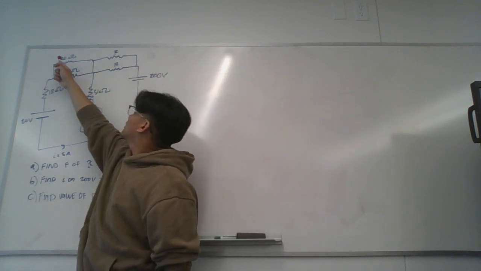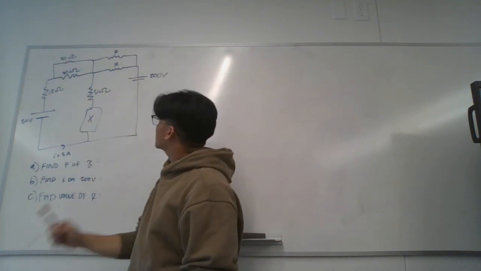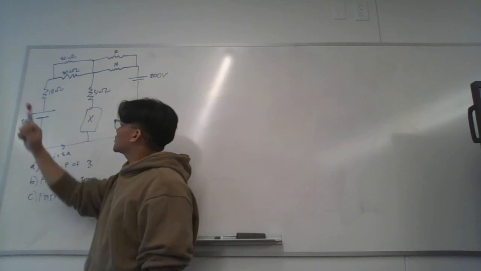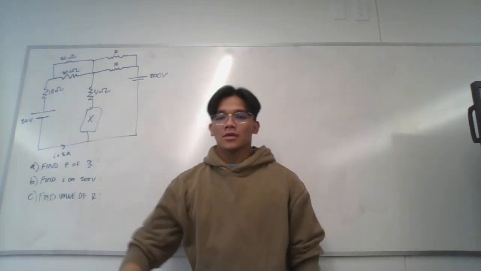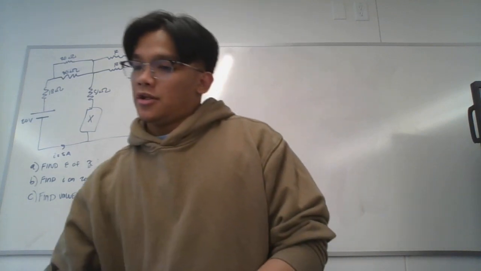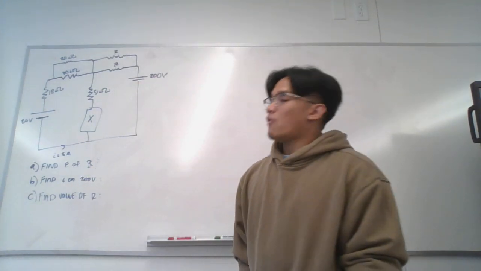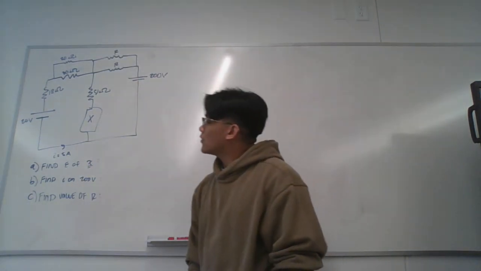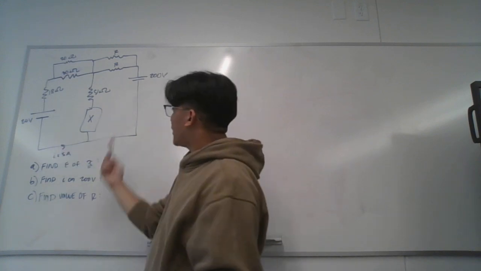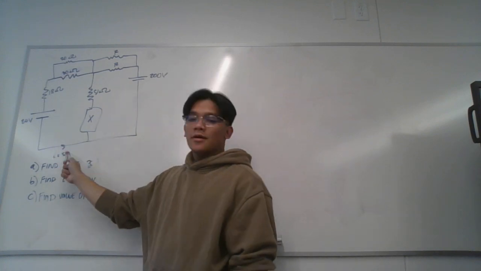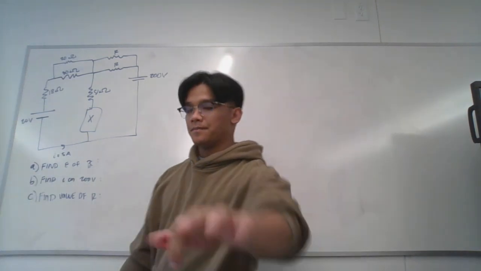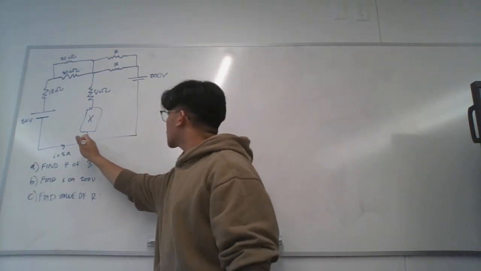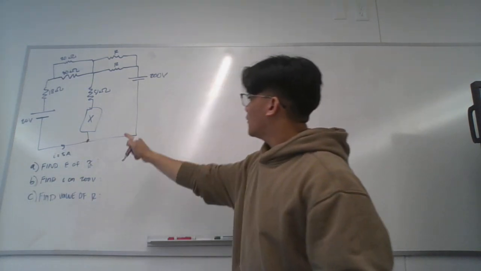Then we have a 20 ohm resistor, 30 ohm resistor, an 18 ohm resistor with this 20-volt battery, and we're given this 200-volt battery. I'm actually not given a direction for the batteries, but we are given a direction for the currents. So if we look at this junction over here,